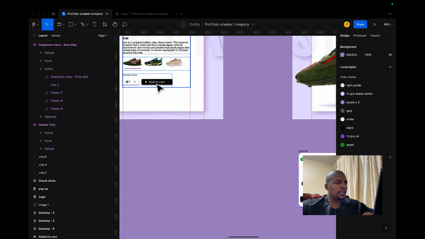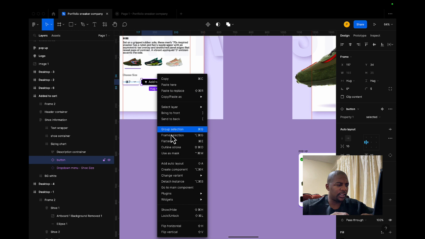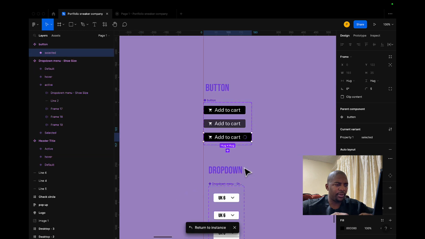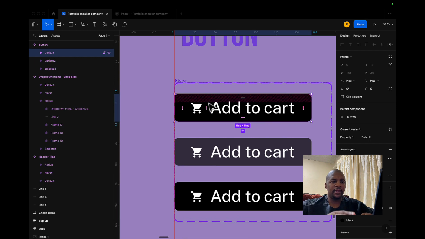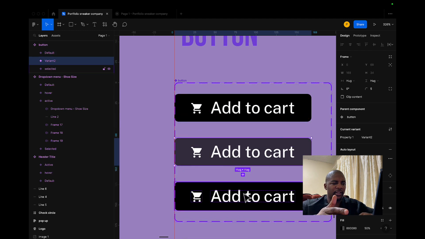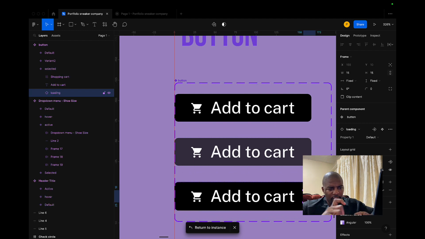And the loading state, did I show you the loading state? Let's go to this button just to see the main component. Yes, here's our button, how it was designed. Here's a default button, here's a hover button, here's the loading state button. So when we click on this loading